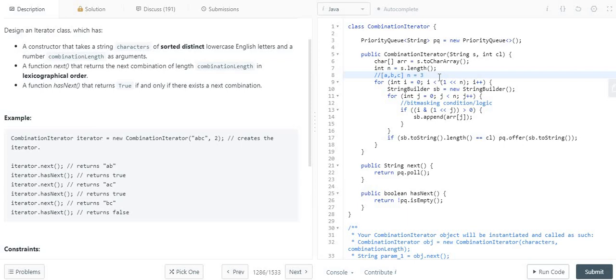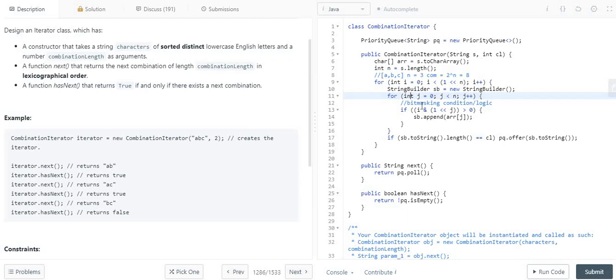So basically when we perform this shift operation, it should generate all the combinations, so it becomes 2 to the power n, so it should generate all the 8 combinations over here. So that's the formula. Now in the next part we are forming the string builder because we have to append the result set of the given length. After that, we are simply iterating through this character array, so the loop starts from 0 to n.